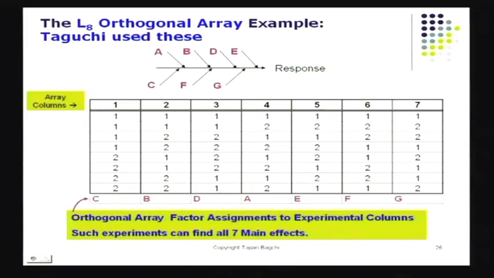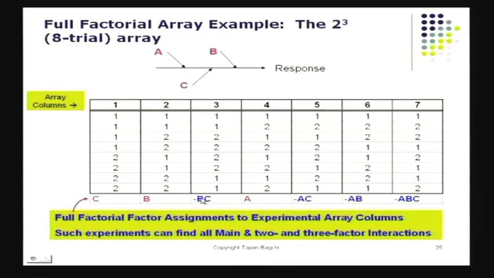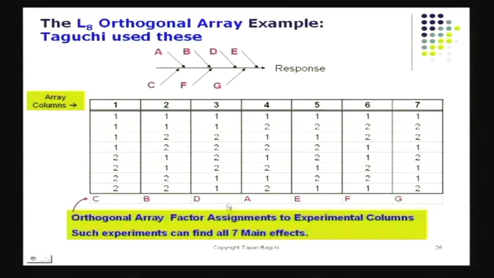Then, of course, these columns that we saw earlier, these columns BC, AC, AB, and ABC, these columns would be idling because I've got nothing there. There's nothing wrong in assigning other factors that also hopefully will not have an interaction with A, B, and C. And those can be D, E, F, and G. I've now put in